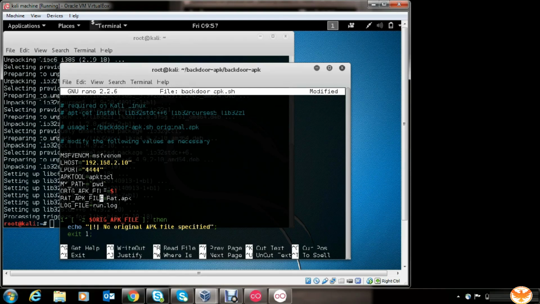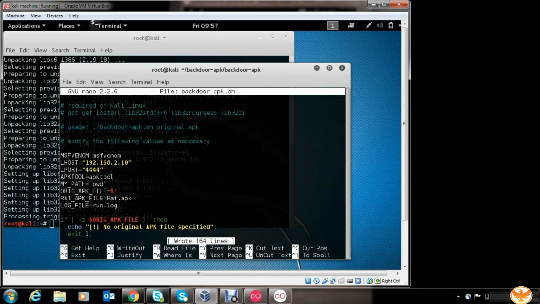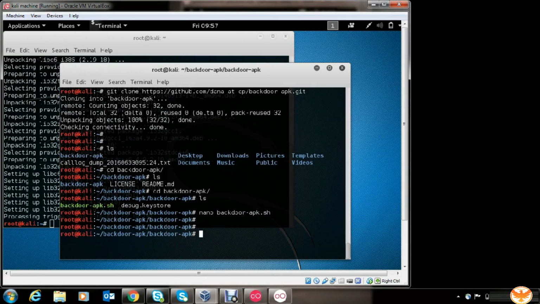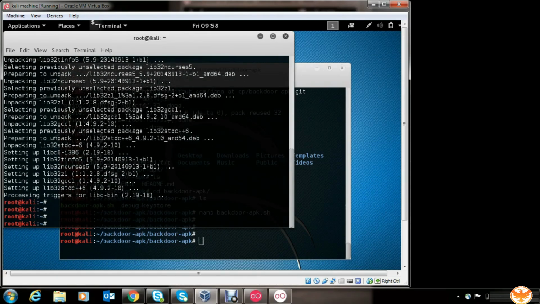We'll save the changes by hitting Ctrl O, Enter and then Ctrl X to exit. If you look into the other terminal, dependencies got installed successfully. Everything is set now. Now,